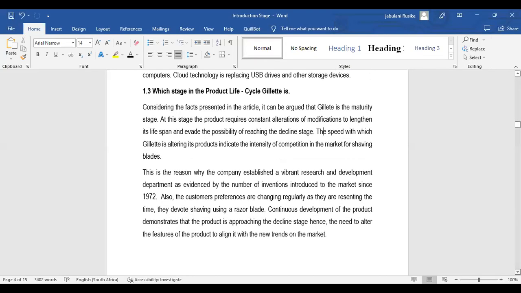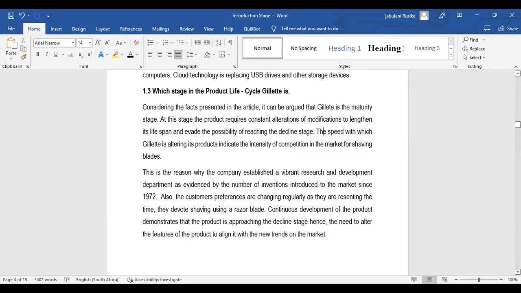Right. So considering the facts presented in the article, now you are answering the question. You've got the facts now, so you're considering those facts. So considering the facts presented in the article, it can be argued, it can be said, whichever way you want to put it, that Gillette is in the maturity stage. So at this stage, the product requires constant alterations or modifications to lengthen its lifespan and avoid the possibility of